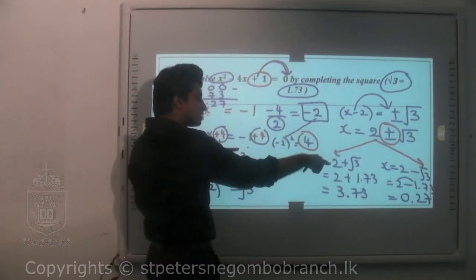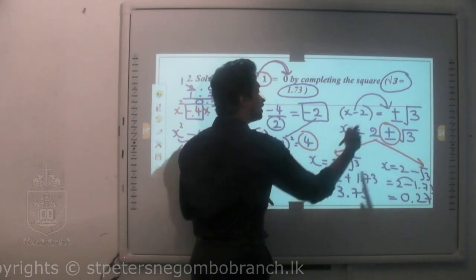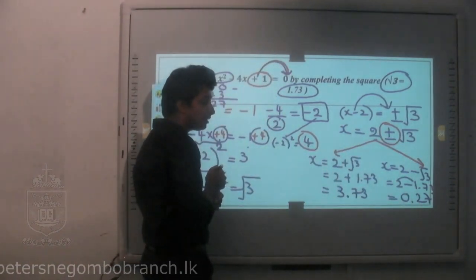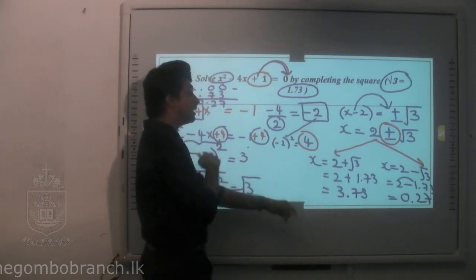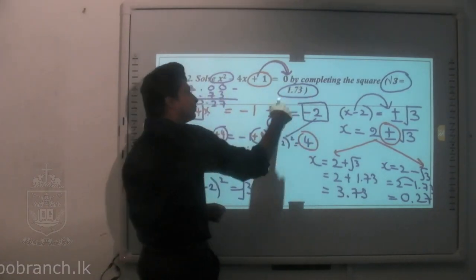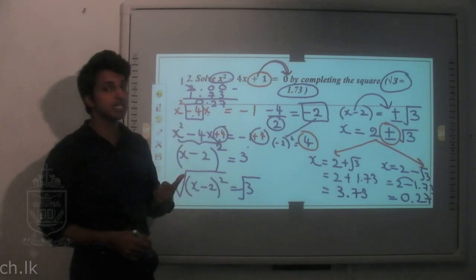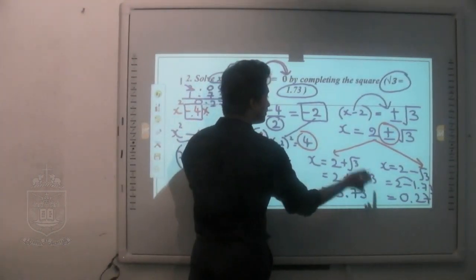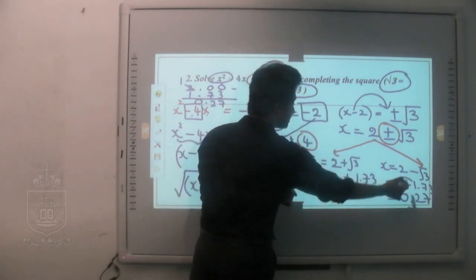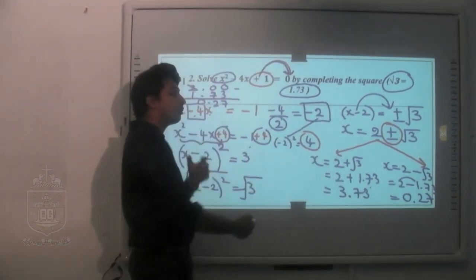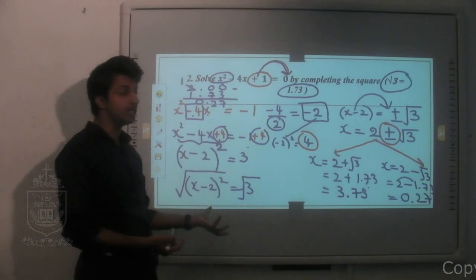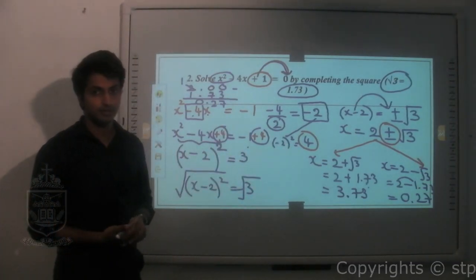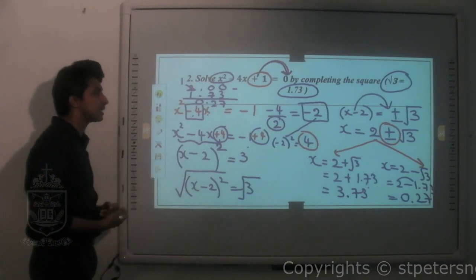Now I will break the answer as 2 plus √3 and x equals 2 minus √3. From these two I have broken down. Now you have already been given the value of √3 in the paper itself. It is the normal order. Instead of √3 I will put 1.73, then do the necessary operations. If you have to add, you have to add. If you have to subtract, you will have to subtract and get the value. So that is the second example.